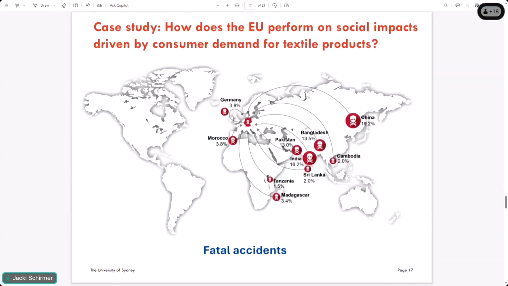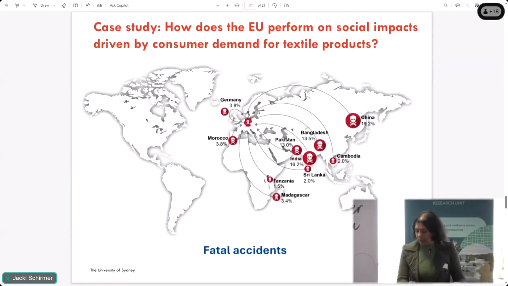So I thought I'll share just one case study from these reports, the textile one. If we question how the EU performs on social impacts driven by consumer demand for textile products, how deep can we drill down in the supply chain, as in what numbers can we put? So let's say if we pick on Germany,